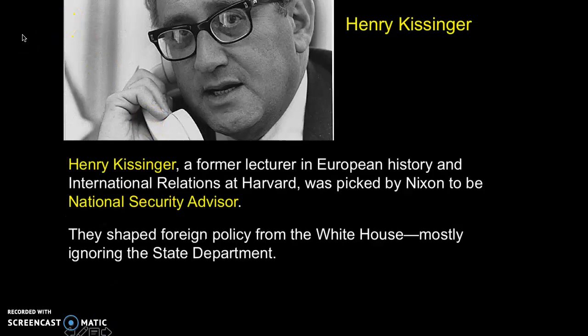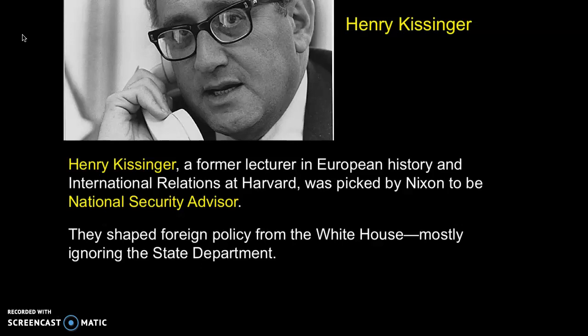Nixon was a president who paid a great deal of attention to foreign policy. It wasn't like John Kennedy, where he tended to favor it over domestic policy, because as we know from the other PowerPoint, the Nixon administration, as I outlined, had some very important achievements in domestic policy. Foreign policy was an interest of Richard Nixon, and he was determined to shape and control foreign policy from the